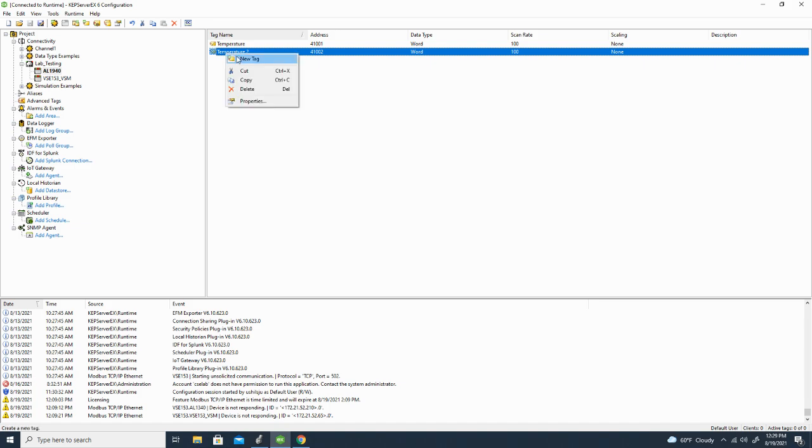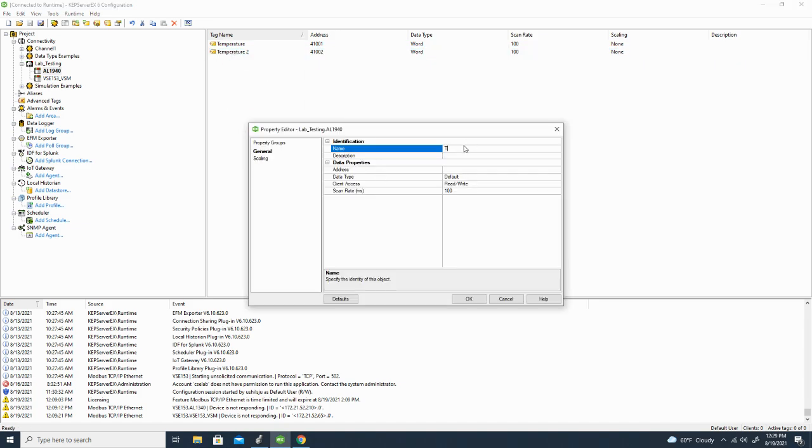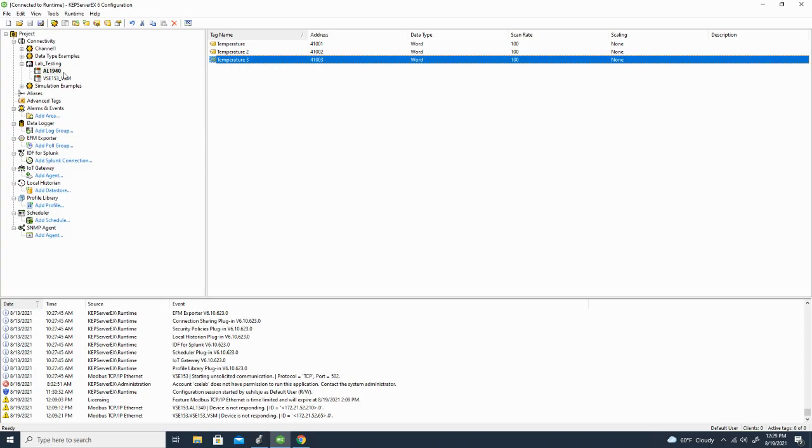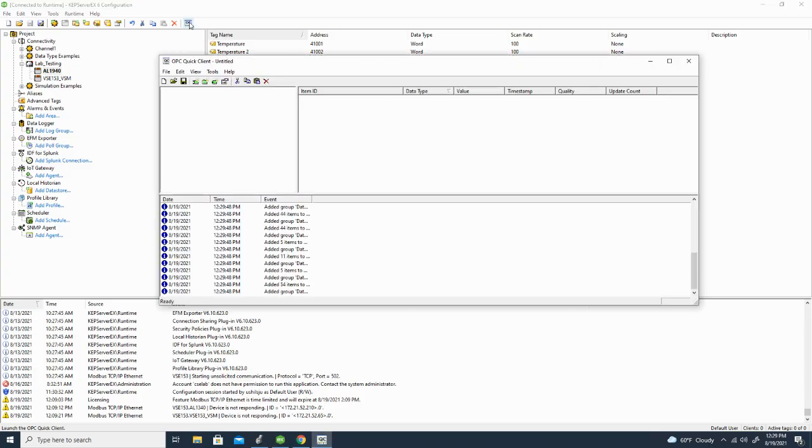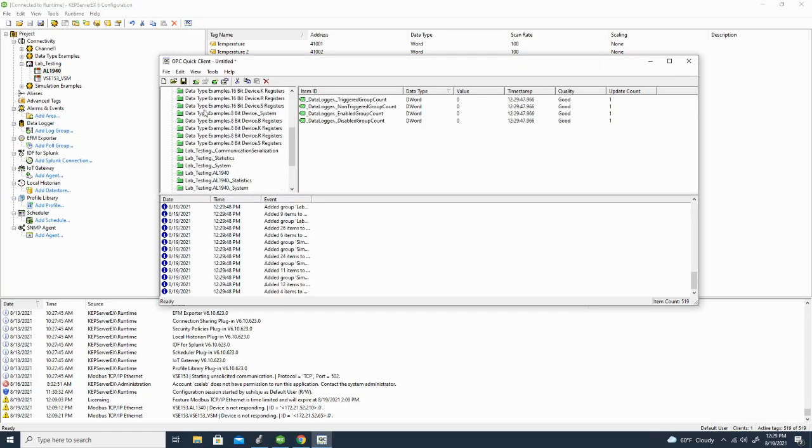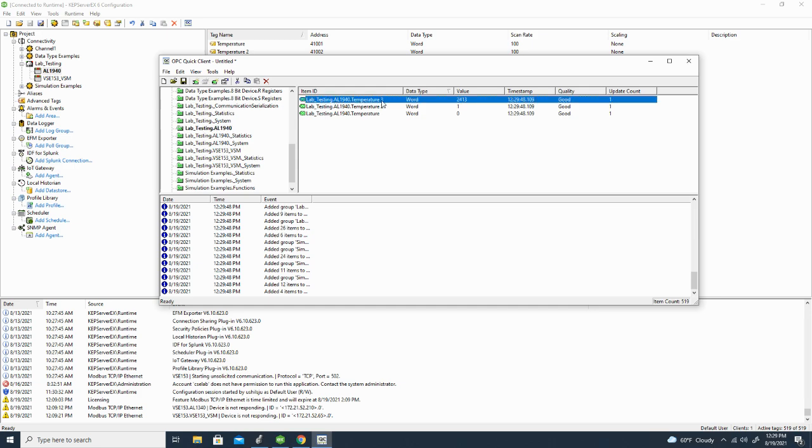Okay, and you know what? If we're doing things right, might as well, let's go one step more. Let's say I'm completely off by 2 maybe, and we're going to do 41003, and data type will keep as default just like before. All right, so we should be able to hit the quick client menu, and I should be able to scroll down here to AL134x and check that out. All right, awesome. So temperature 3